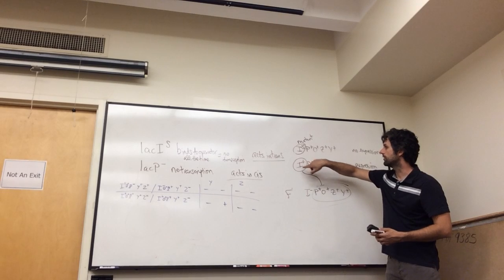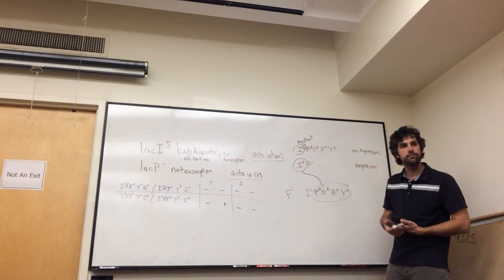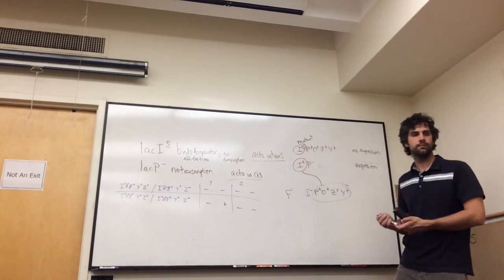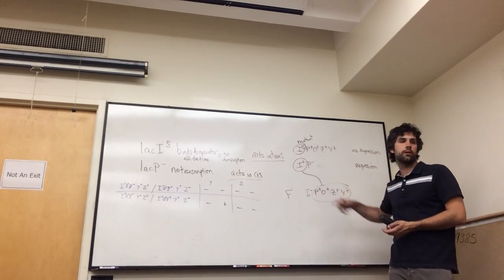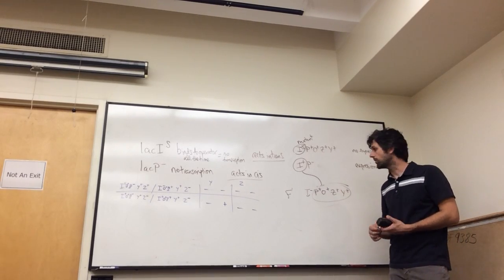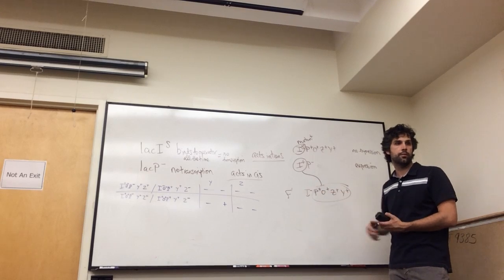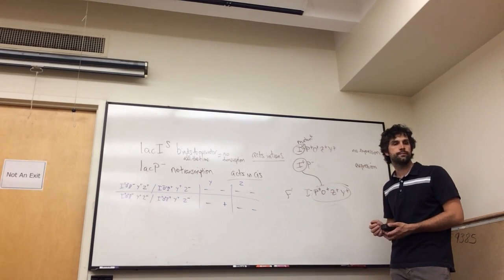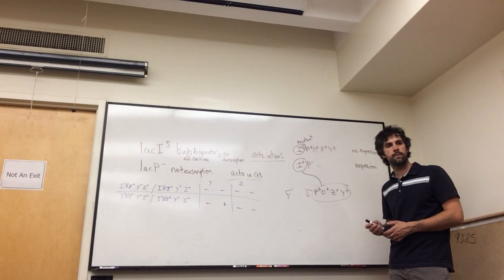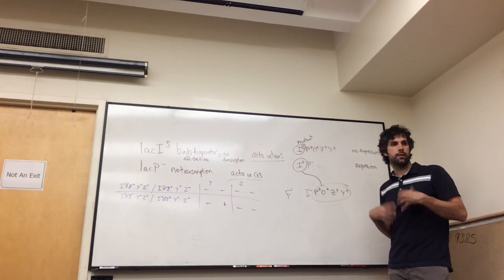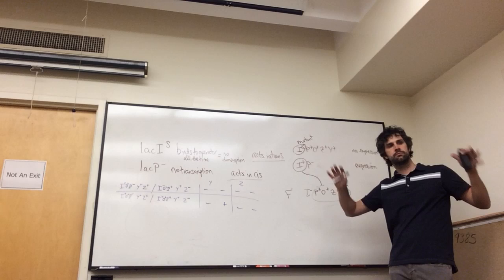We want to have whatever this lac I is to come in. What if there's another? Well, we can decide what genotype we're going to put on the F prime plasmid. No, like what happens if lac I can't bind to the operon, so it's just going to kind of